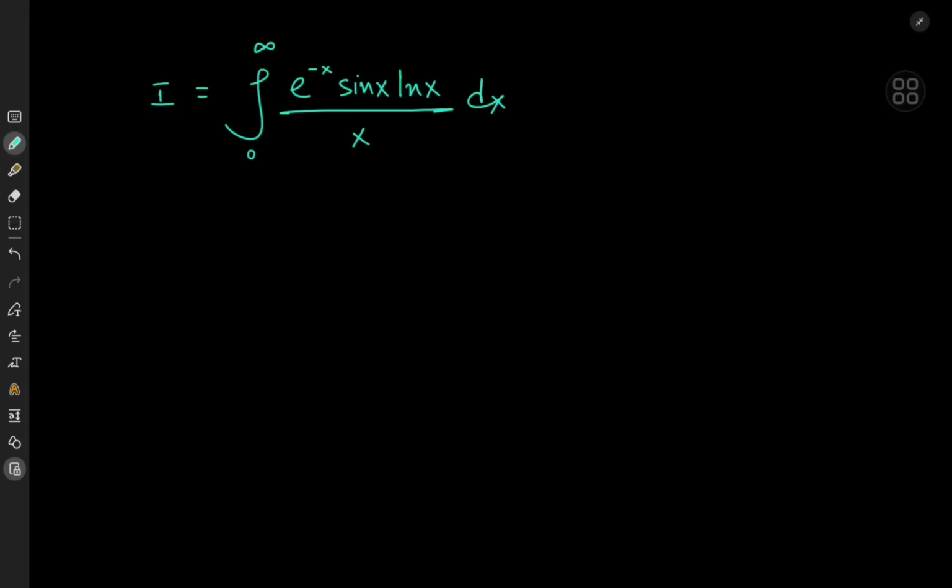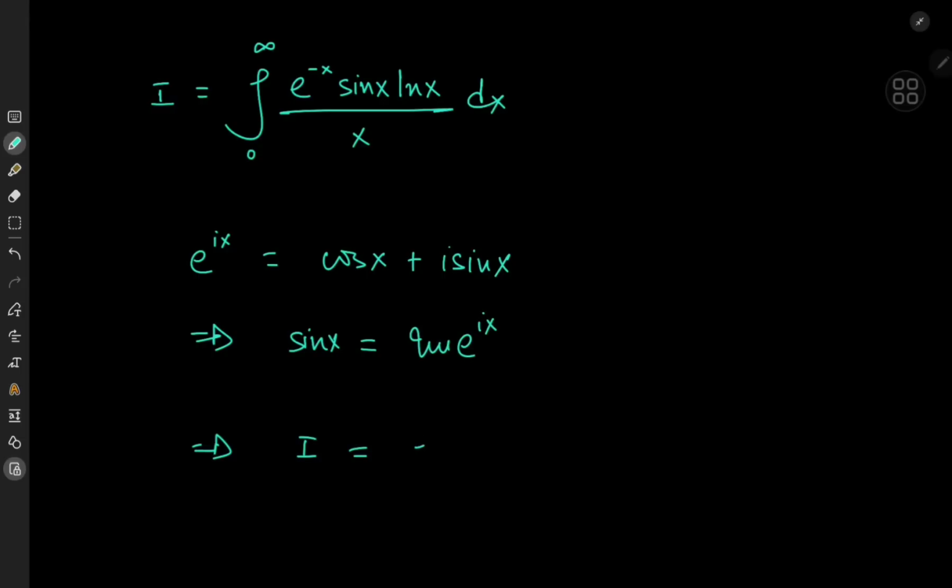Well, let's invoke Euler's beautiful formula because we have a trig function here along with an exponential function. Recall that e to the ix equals cosine x plus i times sine x, which implies that sine x equals the imaginary part of e to the i times x. And this implies we can write the target integral I as the imaginary part of the integral from 0 to infinity of e to the negative x times e to the i times x times log x divided by x